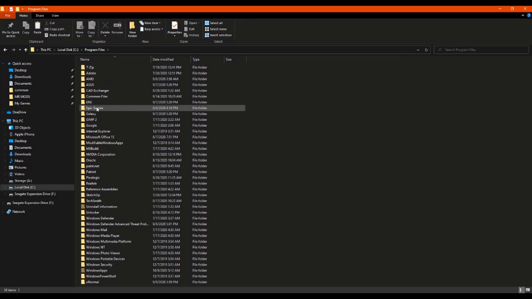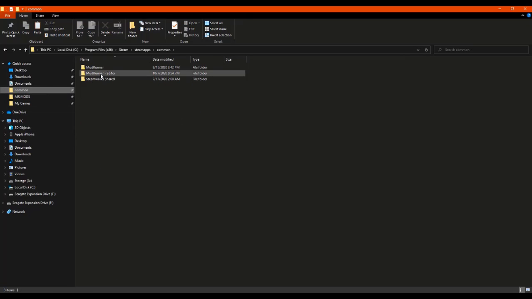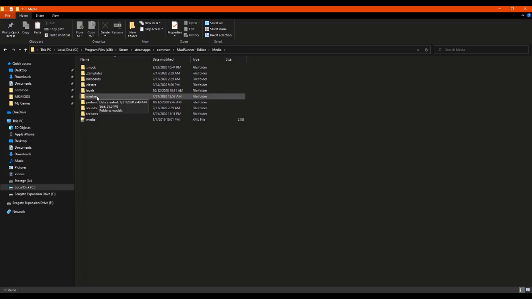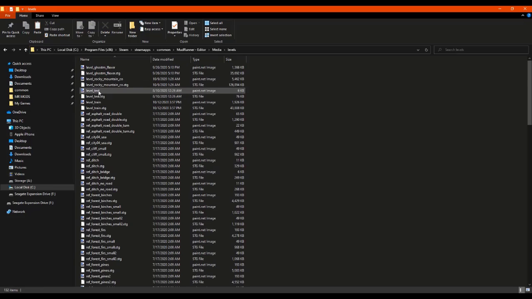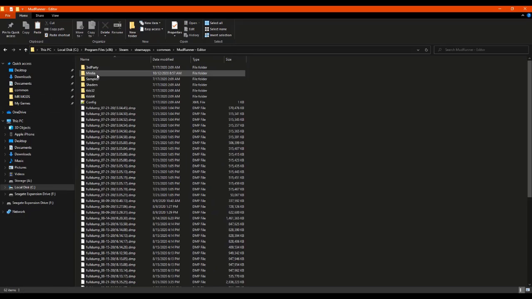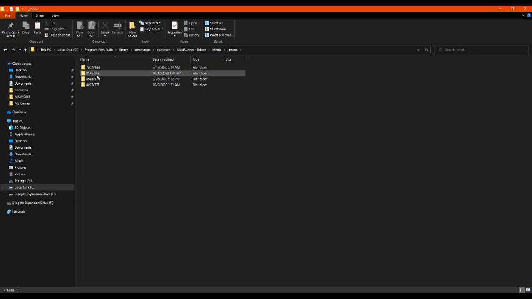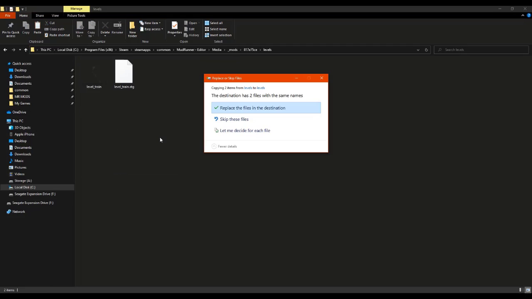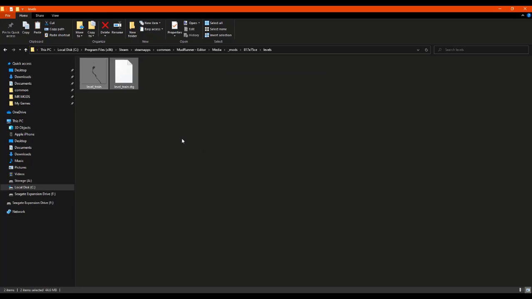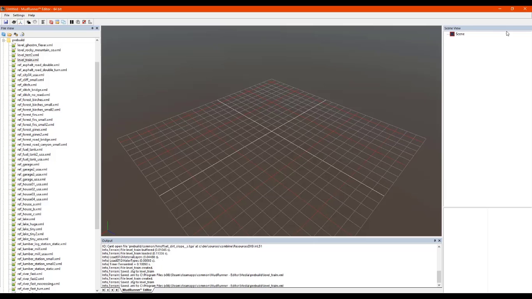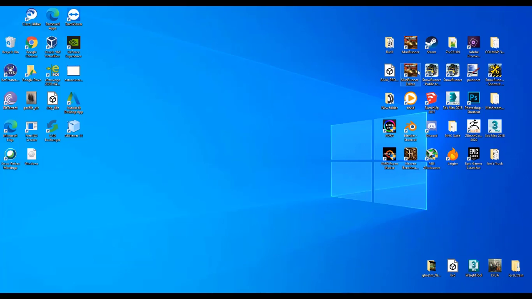So, sorry, common, editor, media, need to do levels, train. Copy, common, editor, media, mods. Place. Okay. So, now then, if I loaded it up,